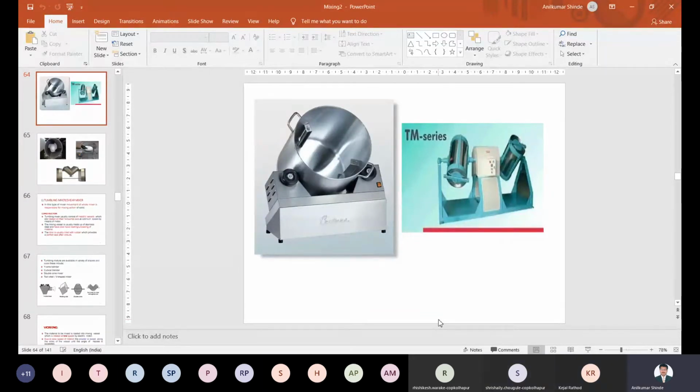Last time we have seen the tumbling mixer. Tumbling means if you shake any container properly, right? So that process is called tumbling. Different tumblers are used. This is one type of tumbler, and this is the second type. You can rotate it in an anti-clockwise or clockwise direction, so every material can be mixed properly.